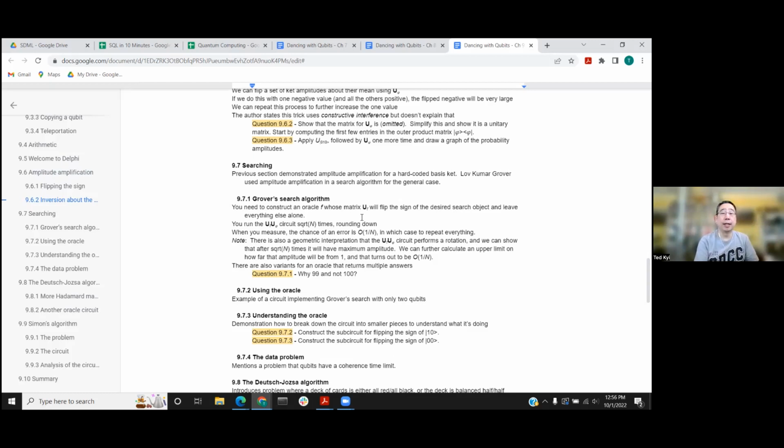So basically, if this is our oracle, our U sub f, then this replaces our hard-coded flip that we had in the previous section. So if you run consecutively the U sub f and this U sub phi inversion about the mean circuit, then what you're going to do is bump up the amplitude of whichever answer the oracle says is